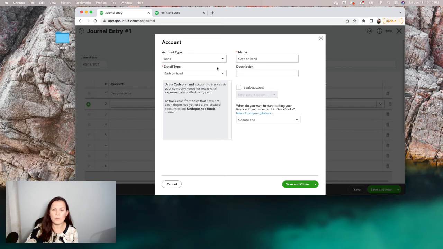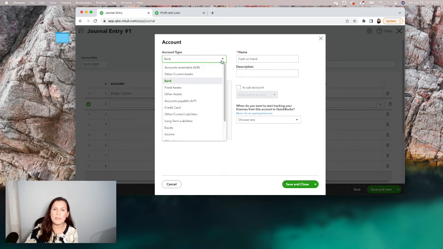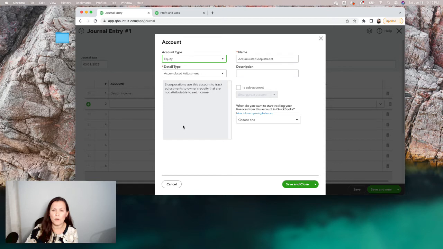Okay. So remember when I was talking to you about creating accounts? The account type is very important. An equity account means that all the transactions on that account are going to show up on the balance sheet, not on the profit and loss. And it doesn't impact your income and expense. And that's why we want to choose an equity account for what we're doing. You can leave it under owner's equity and then call it